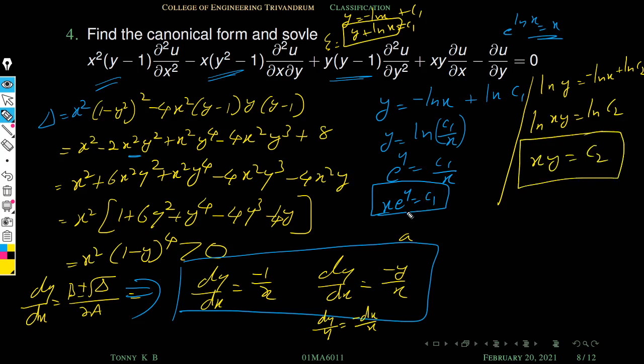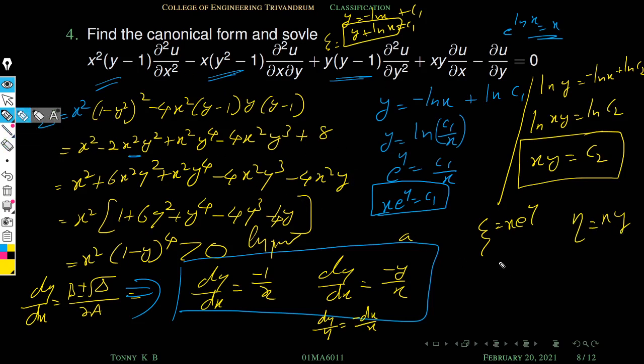Okay, so one characteristic is x e raised to y is equal to c1, and the second one is xy is equal to c2. Since this is a hyperbolic equation, we have two real, distinct characteristics. So what is our psi and what is eta? This eta is xy. Okay, so by choosing psi as x e raised to y and eta equal to xy, this PDE becomes,